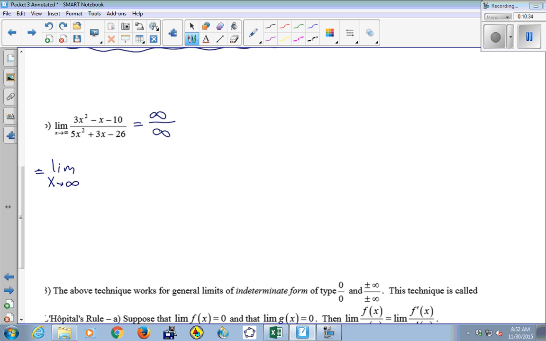So if I'm going to let x go to infinity, I'm going to plug in the biggest x values I can think of. Imagine plugging in 1 million. What is 1 million squared? It's a big number. It's a 1 with 12 zeros after it. It's a million times bigger than a million, right? Because it's a million times a million.